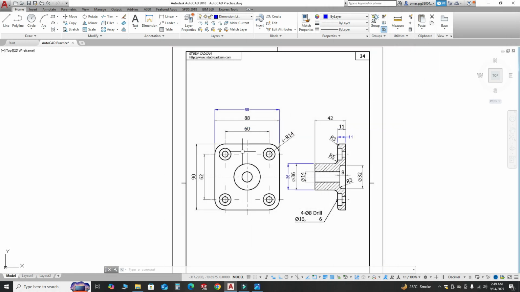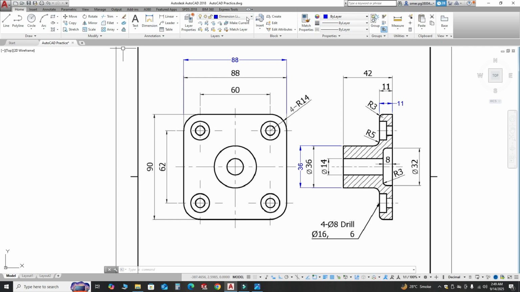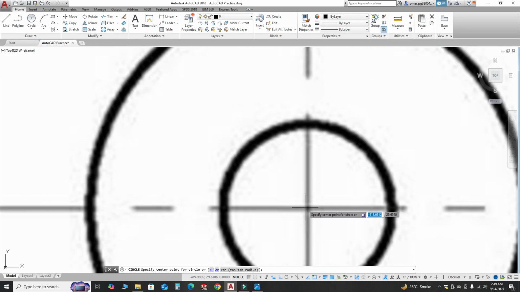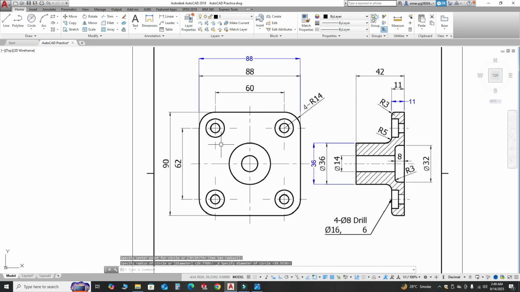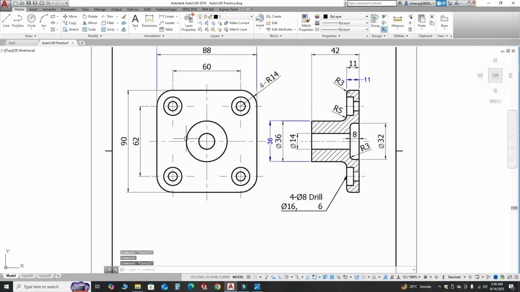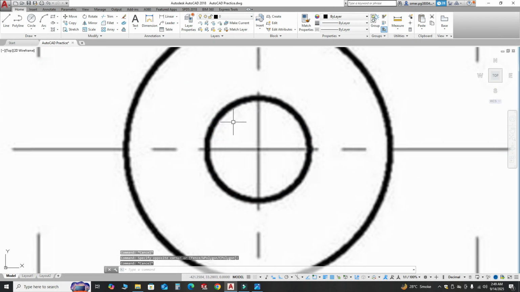You can trace this drawing like this. For example, I'll change this layer to this one, and you can trace this drawing like this. And here you can see I cannot see this circle.